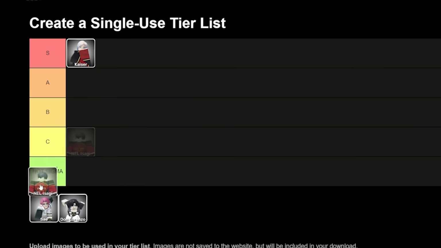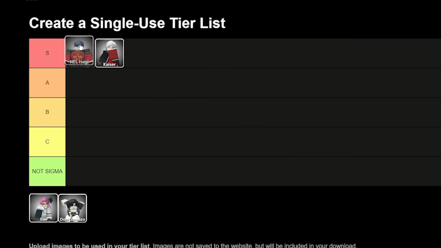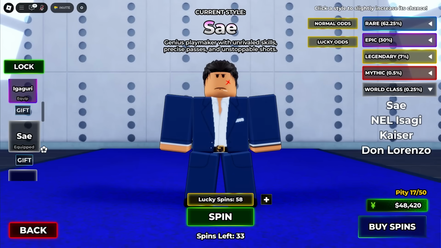the tier list. All right, so in terms of Nell Isagi, I feel like the answer is pretty clear, bro. It's going to be going in the S tier. Like I did say, man, the style is very fun to use. It's very cool, and the ultimate mode is amazing, okay? But the next one that we do have is Sai, or Sei, and luckily for me, I do have him